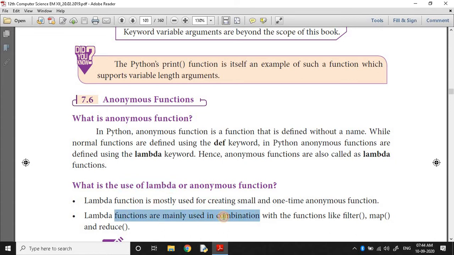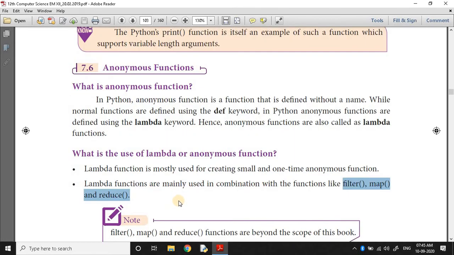Lambda functions are mainly used in combination with functions like filter, map, reduce. But these functions are beyond your syllabus, so we need not study filter, map, reduce.